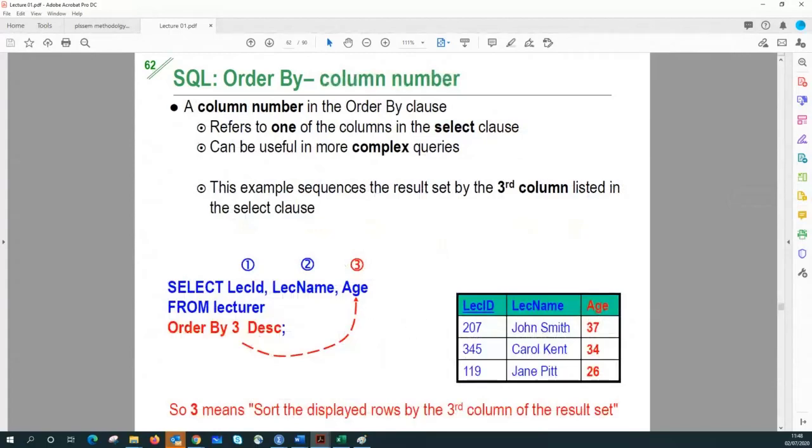Right. So the result set looks like this now. So order by 3, descending order. The 3 means age. Okay. Why I am actually not good at this, why I am not asking you to do this, unless